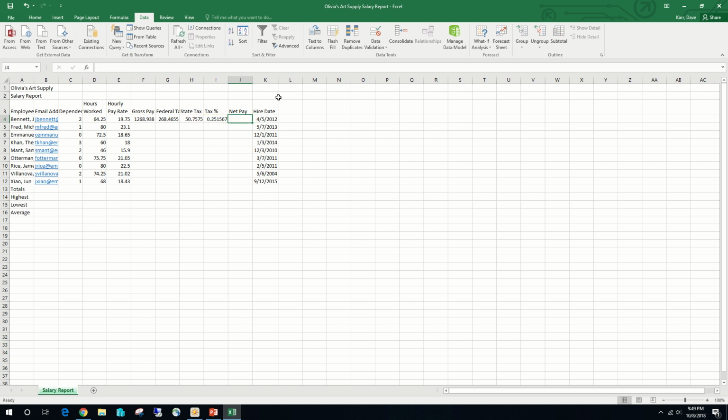And the last one is going to be our net pay. And our net pay is going to be equal to the gross pay minus, open parenthesis, federal tax plus state tax, close parentheses. Hit the checkbox. So if we flip on over,